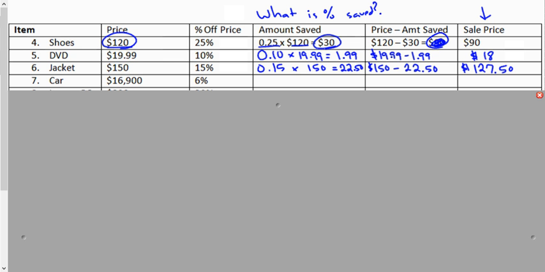It's a large number, $16,900, and we saved 6% of it. So how would we figure that out? 6% as a decimal, 0.06 times 16,900 gets us $1,014. So 16,900 minus $1,014